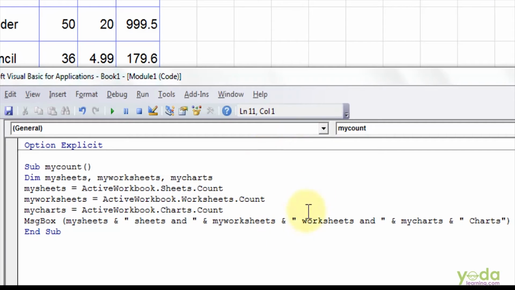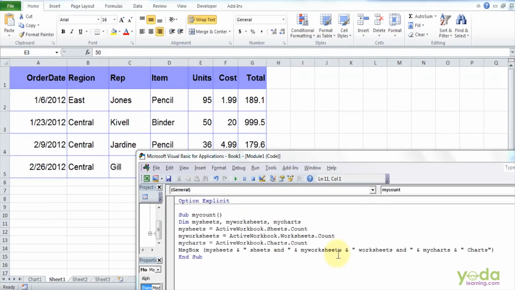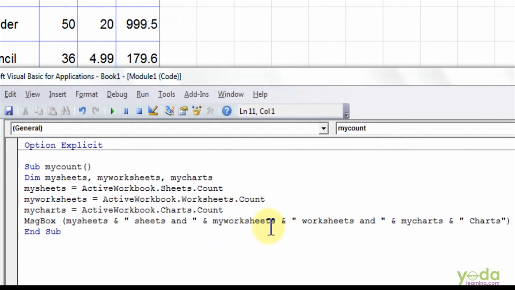To use this object, you first need to know the difference between worksheets and a worksheet object. Sheets object is a collection of all the sheets in a workbook. These sheets can be worksheets or charts, while worksheets object is a collection of all the worksheets in a workbook except charts. Last is simply a worksheet object. It is a member of the worksheets collection, also a member of the sheets collection. A worksheet object can be accessed from the sheets or the worksheets object.